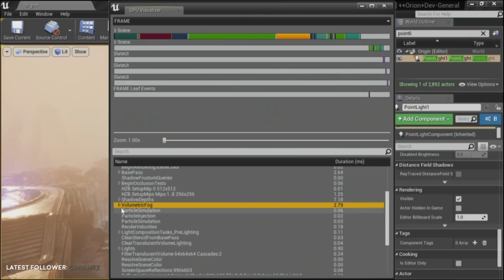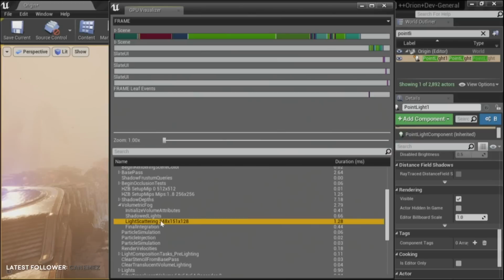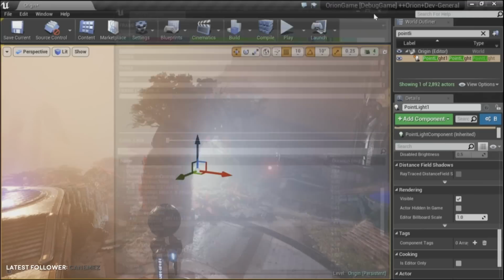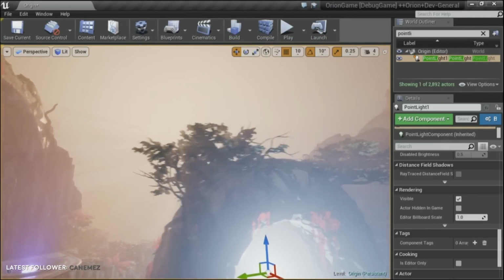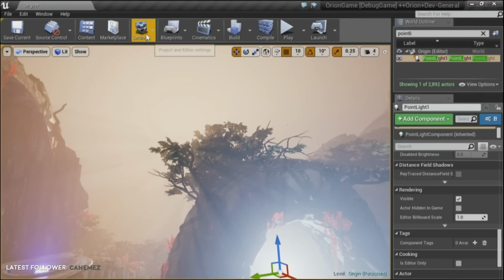It's almost 3 milliseconds now. It's 2.8 milliseconds. Remember, it was 140 before. The resolution of the volume texture is much higher now, and the cost of these jumped way up because the volume texture is a much larger resolution. And also, as a result, the actual light shafts are much more detailed. You can see there's very thin